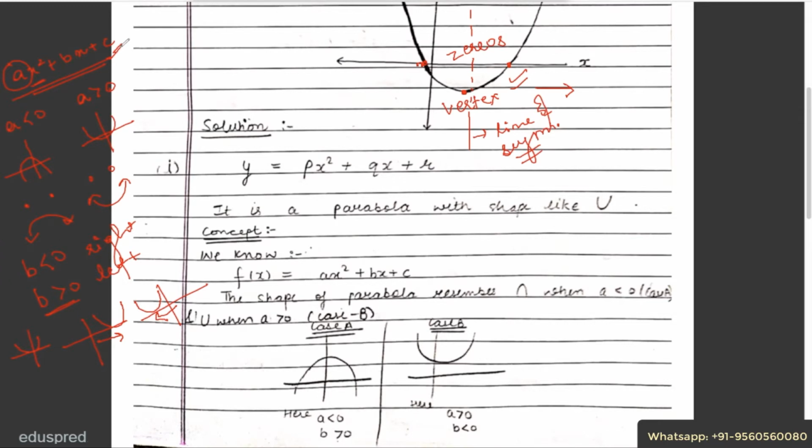The last component is c. If c is positive, then your graph shifts upwards. And if your c is negative, then your graph shifts downwards. Again, I am referring to this vertex. If your c is positive, then I have a figure like this. And if c is negative, then I have a figure like this. It could be this or this. The major point is that your vertex shifts downwards. So depending upon the combination of b and c, your vertex moves and a defines in which direction your parabola will open.